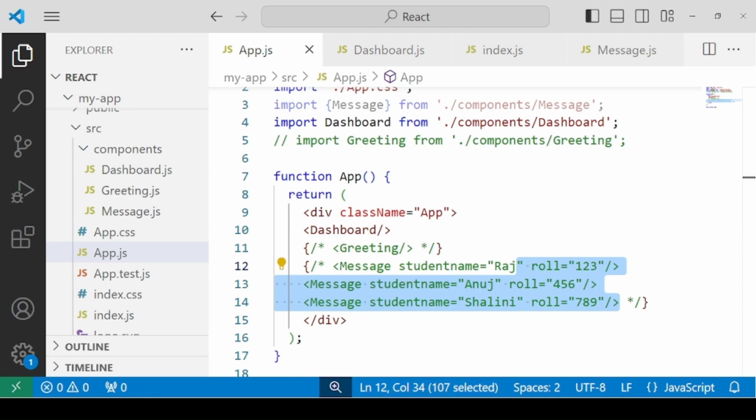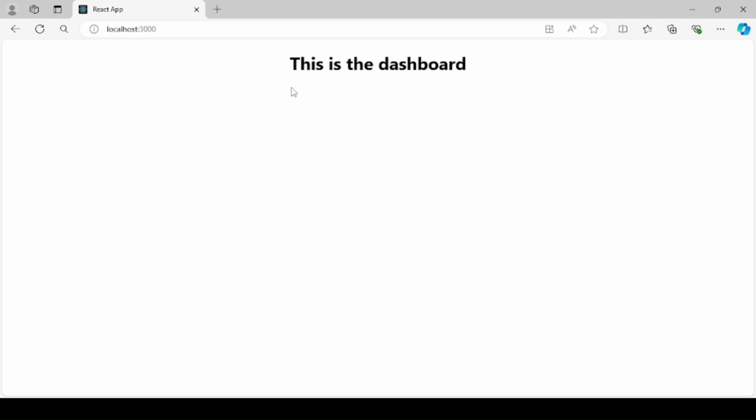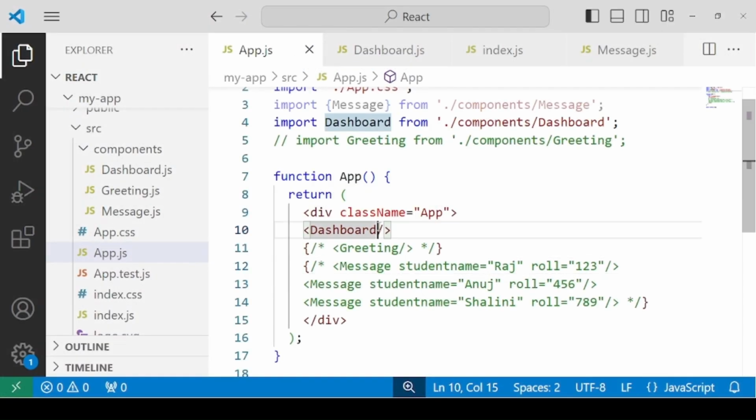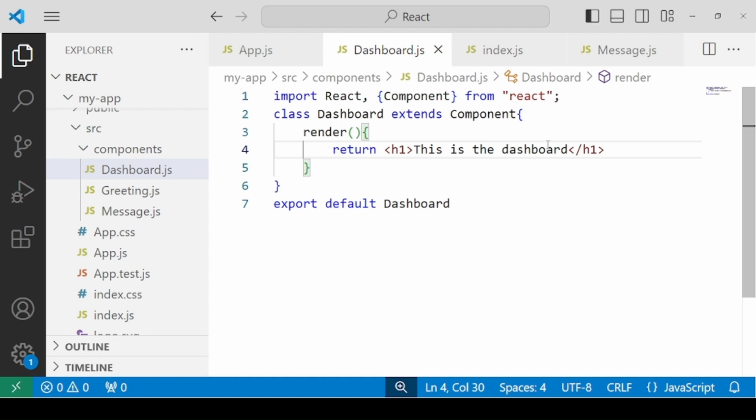So let's take a look at the browser. We are having a message. This is the dashboard. Now you will be required to pass the attribute student name inside the component. Student name equals, for now I'm considering Raj. Come to your class component and render this property.